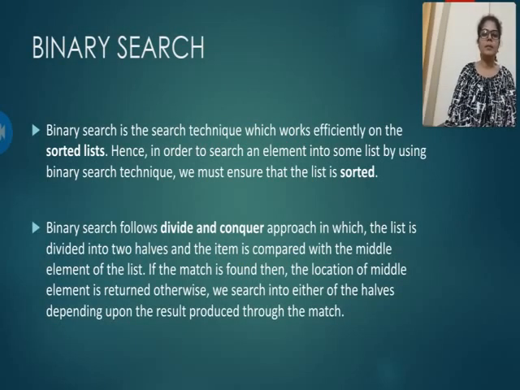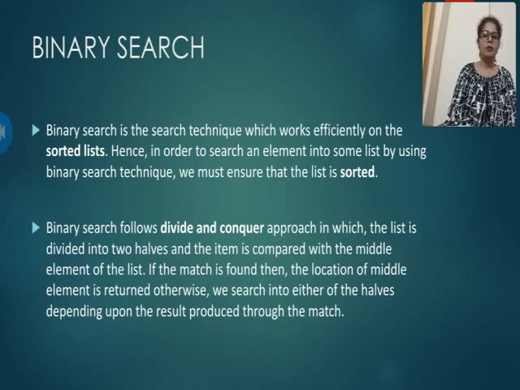Binary search is the second method of searching. Binary search is a very effective and efficient algorithm. It operates at a very fast rate as compared to linear search. Binary search follows the method of divide and conquer, which means it divides the entire problem into two halves and then searches or checks the availability of the item only in one half. So it divides the large problem into smaller problems and reduces the complexity.